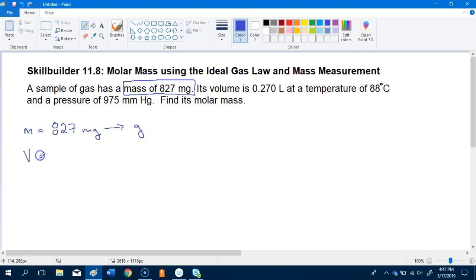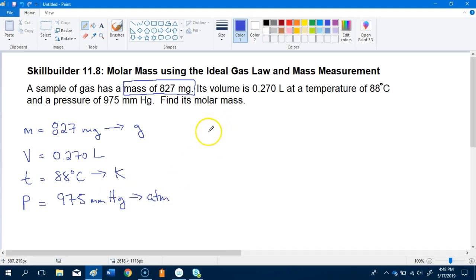My volume is 0.270 liters, and that's fine. The temperature is 88 degrees Celsius. I'm going to have to change that to Kelvin. And finally, I have a pressure of 975 millimeters of mercury, and I'm going to need to change that to